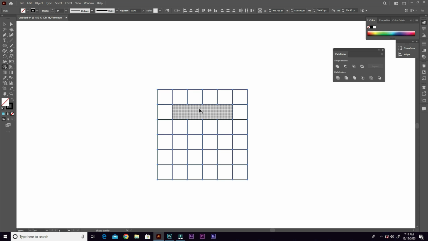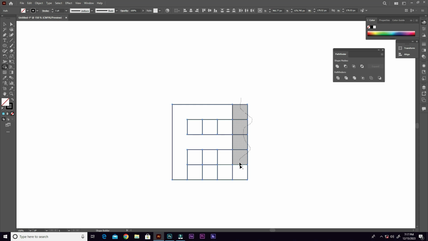If you want to merge or combine, you don't hold Alt. Okay, so after you have your shape like this, then you can hold Alt, it turns to minus, then you drag over the spaces or the rest of it that you don't want. Okay, you just drag over them by holding Alt, and then you drag. And sometimes you drag over a line to delete it, but it won't go off or disappear unless you click on that line, as I did earlier when I was clicking, holding Alt and clicking on the lines,